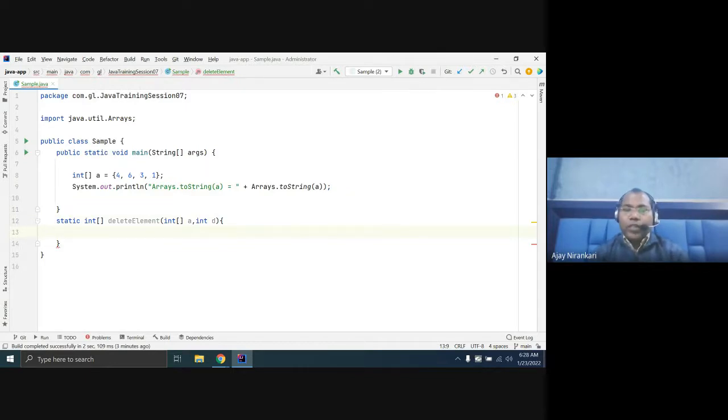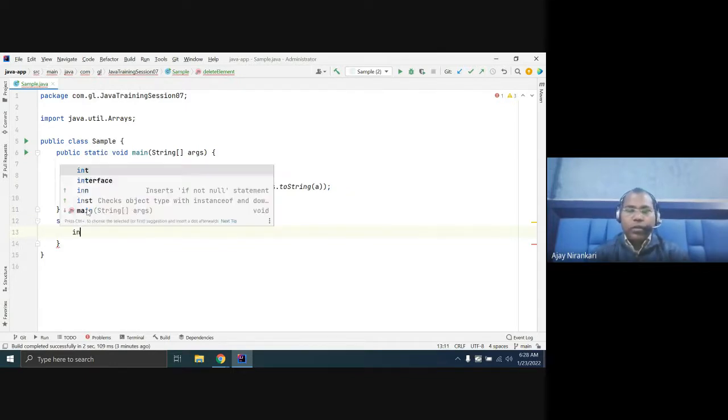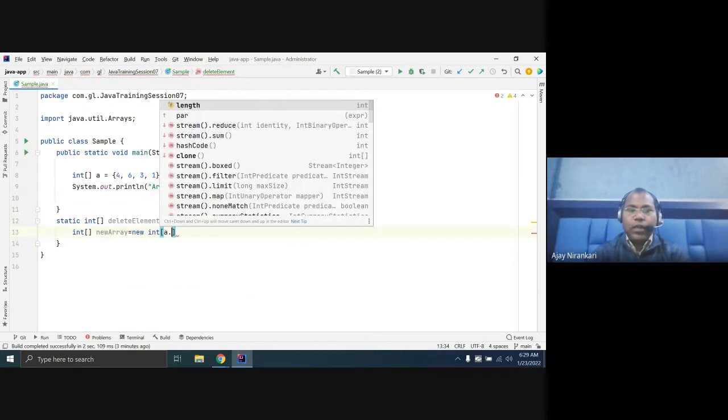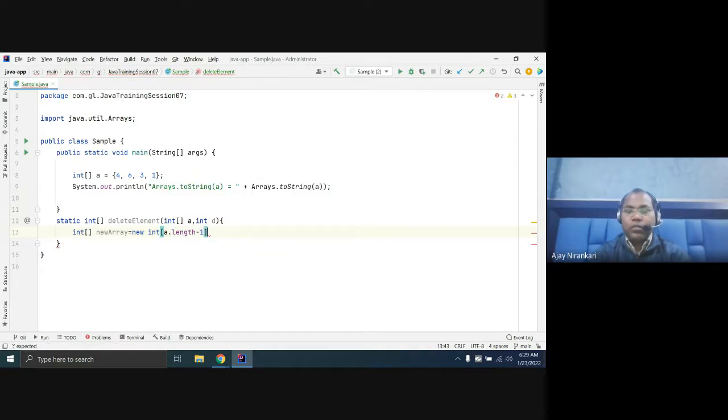So as discussed, we have to create one new array that would be the size of the existing array length minus 1, right?